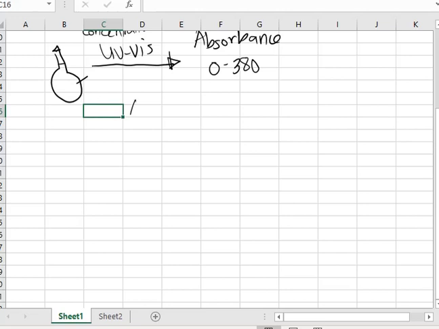Okay, so for example, your analyte is copper. You need to know how much copper is in your sample, and the UV-Vis only gave you an absorbance of 0.380. You don't know the concentration of copper, and you are looking for it. So in a calibration curve, what you need to do is